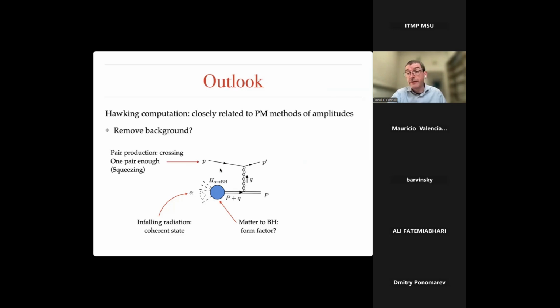I then know it's enough in order to get the Hawking spectrum to scatter a particle off this because of this crossing. So I take one particle, I can scatter it off. I also know it's enough to look at the single graviton exchange because I understand how higher order graviton exchanges are going to iterate and exponentiate. That would be exactly the same as what we've just shown in this work. So in other words, it's just this process that we need to compute, and we're in the middle of that, and so far it's looking promising.